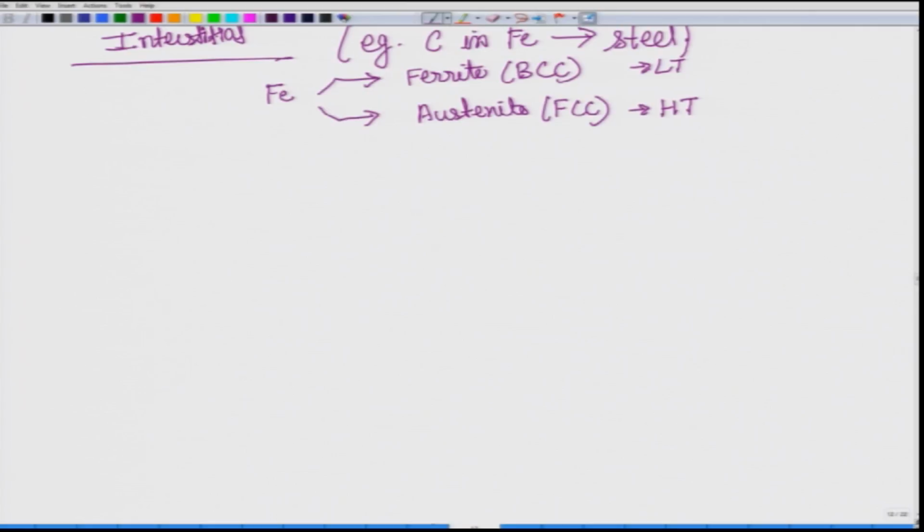Now, what is the percentage of space occupied in BCC, or what is called as packing fraction? We know that packing fraction of BCC is equal to 0.68, and what is the packing fraction of FCC? It is equal to 0.74. So, what does this imply? That BCC is a more open structure, right, because it has more empty space.